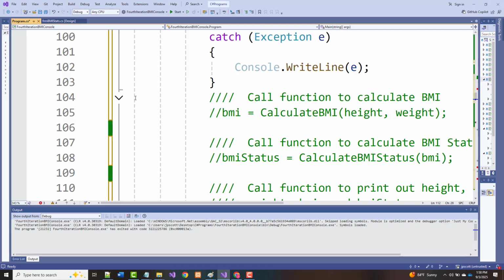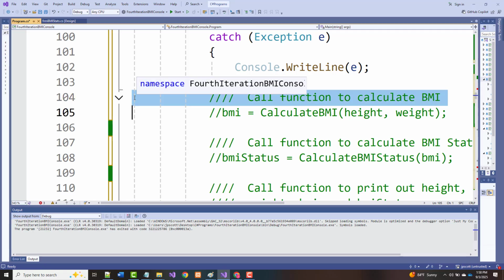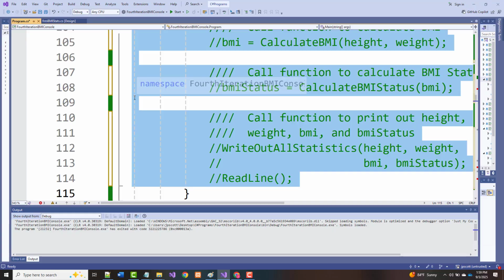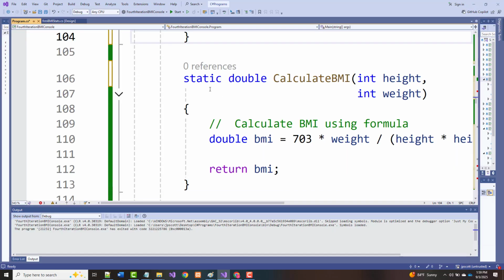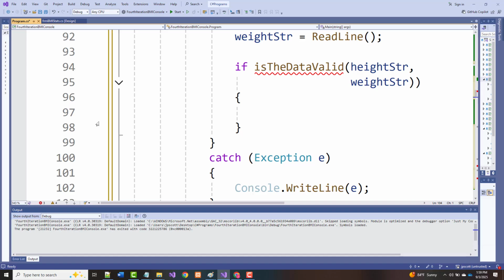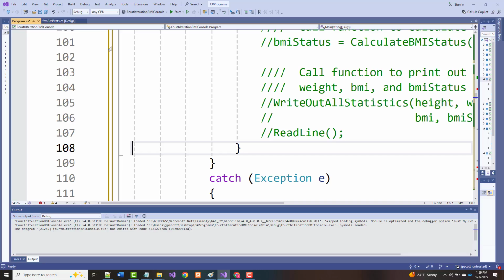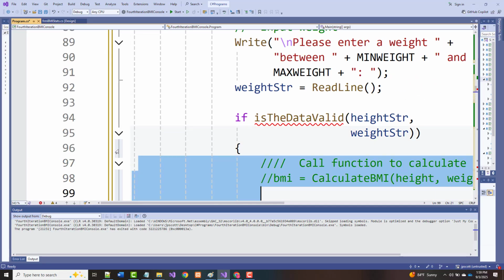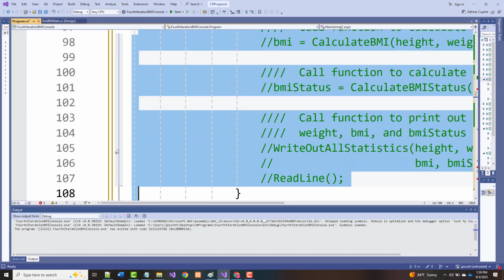So let's grab all this that we had here, calculate the BMI statistics, and put in the status. And that now goes in here, and we can take out the comments. Where we have double comments, they'll just become a single comment. And where we don't have comments,